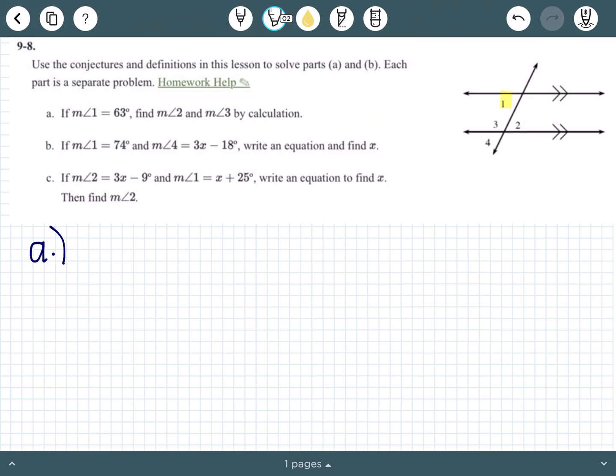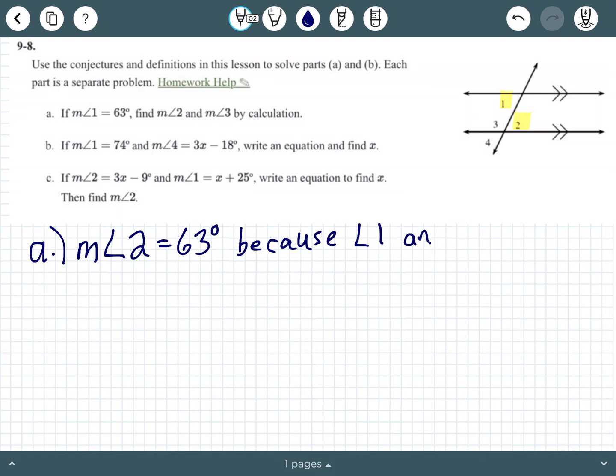So that means angle 2 would actually be the same. So the measure of angle 2 also equals 63 degrees. And this is because, make sure to include the explanation as well. So because angle 1 and angle 2 are alternate interior